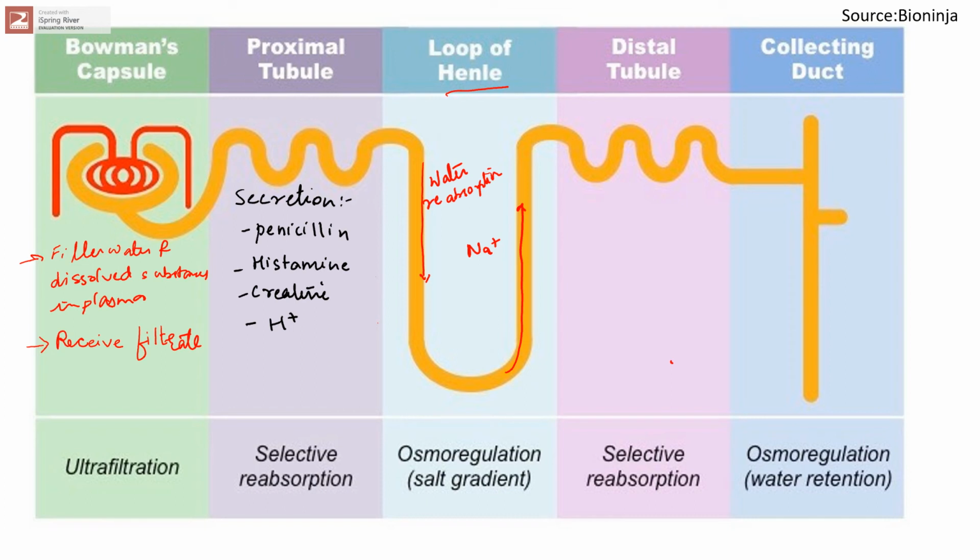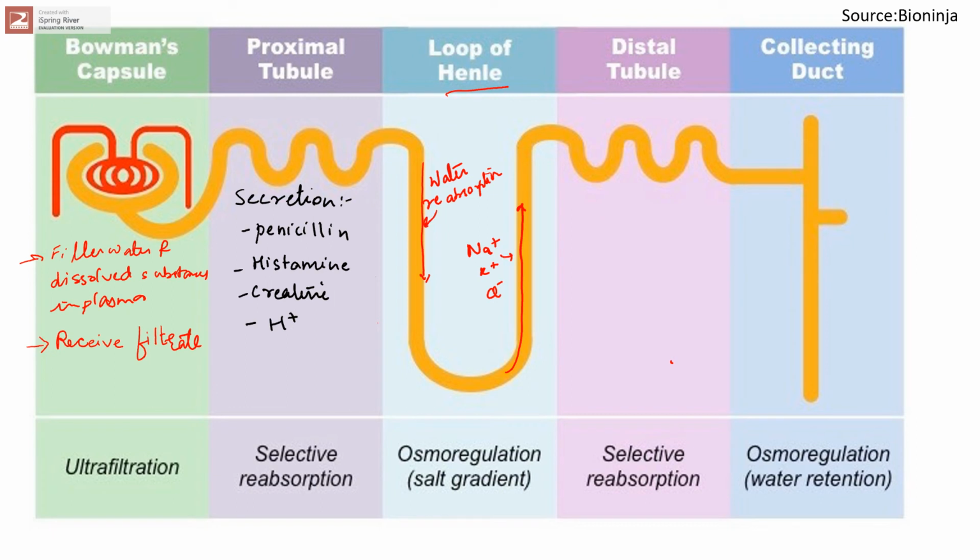And the main function of the ascending limb is to reabsorb sodium ions, potassium ions, and chloride ions. So the descending loop is highly permeable to water, whereas the ascending limb is highly permeable to ions like